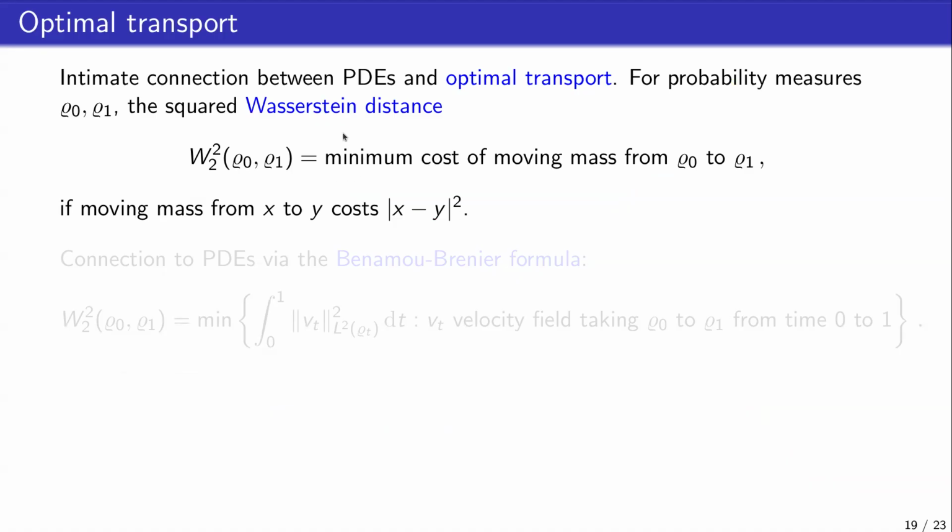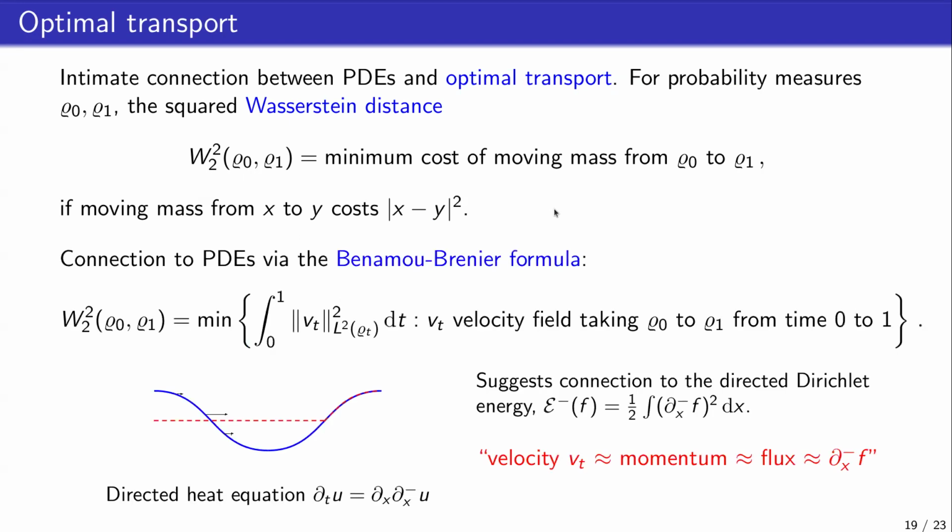So the main concept in optimal transport is this Wasserstein distance, which is the distance between measures. And in particular, this squared Wasserstein distance, informally, between measures rho 0 and rho 1, is the minimum cost that you can achieve to go from rho 0 to rho 1 by moving mass from one to the other, where moving mass from some point x to some point y costs the squared Euclidean distance between x and y. Okay, so imagine that you're just moving the mass to try to get to your destination, but you're going to pay squared distance cost each time. And you should expect this to be connected to PDEs because PDEs are all about locally shifting those particles around, as I was telling you.